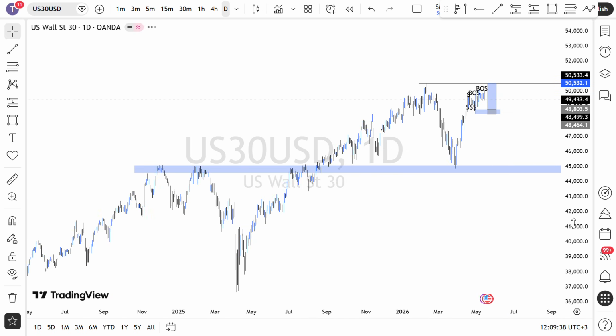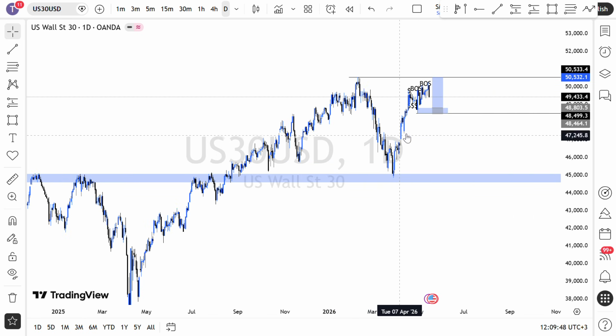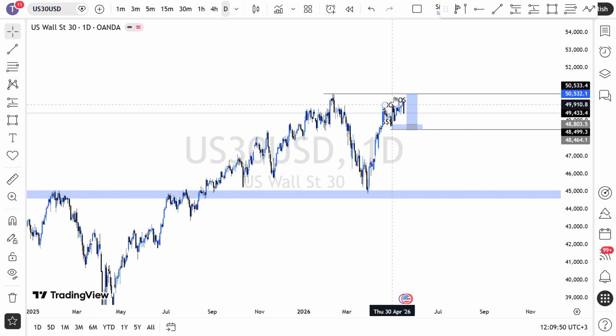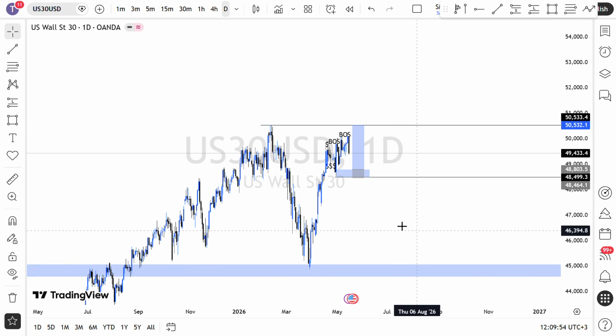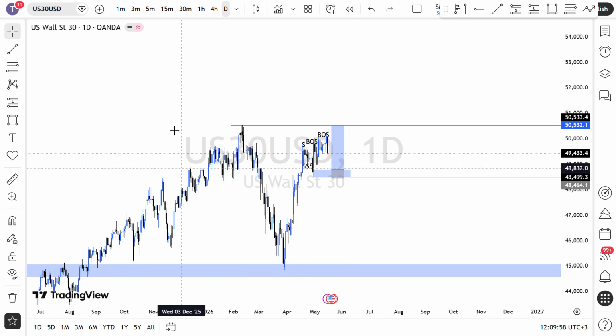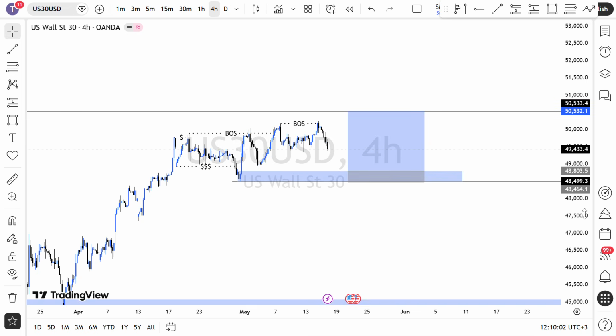I still expect some buys to the upside. Price came down, tested this support and resistance level. You can see this pullback. Price reacted from this point, and then we have been seeing some buying opportunities to the upside. So as for now, I expect this high to be taken out, the external liquidity. That is why I'm telling you guys that I still expect price to be buying.